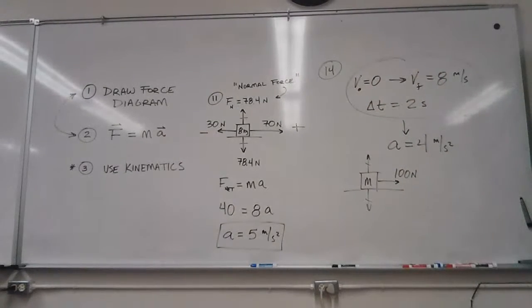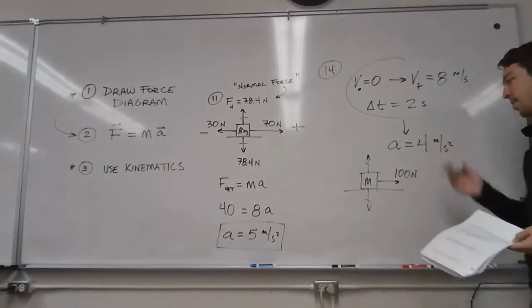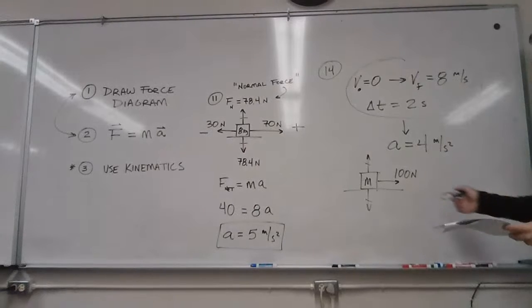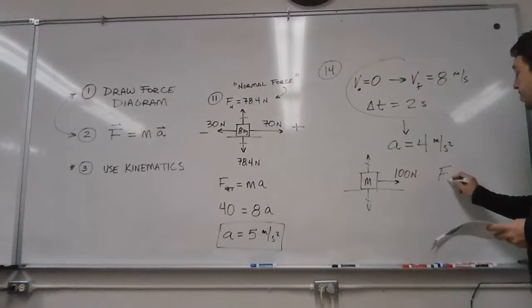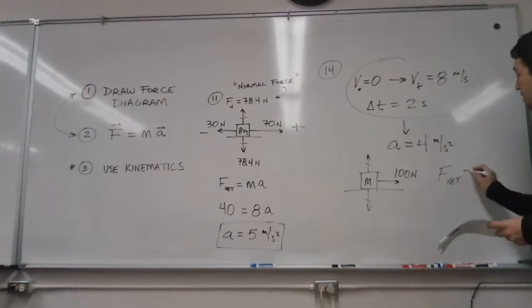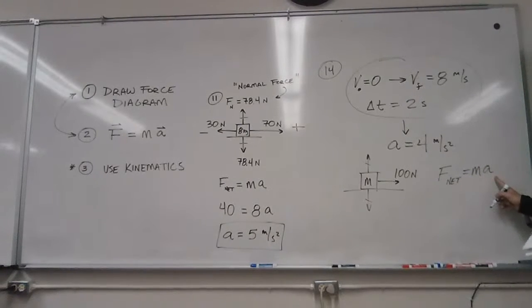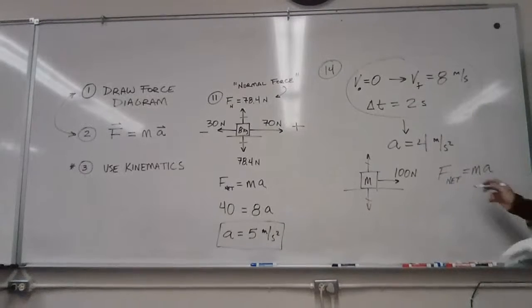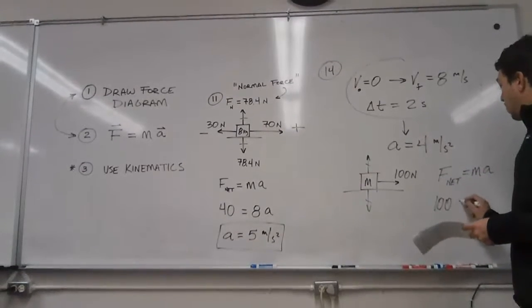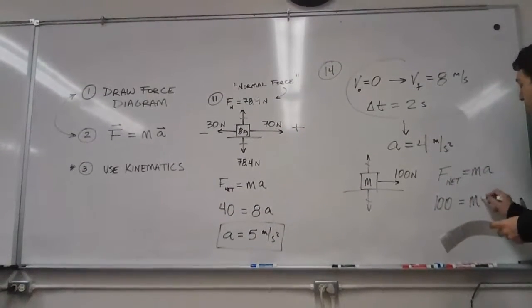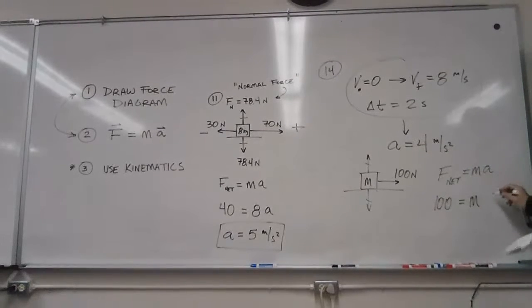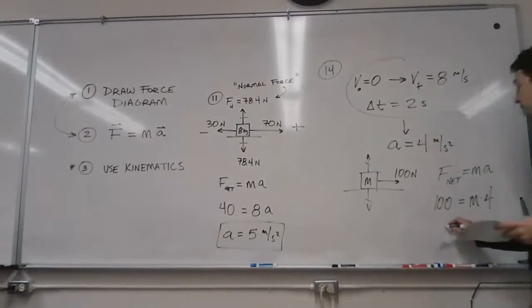I don't really care about them so much. I'm still going to put them on the diagram because they're there, but I don't really care about them because they cancel out. So what can I write? F net equals ma, right? What's the net force? 100. What's the mass? We don't know yet. What's the acceleration? We calculated it. It's 4. And so